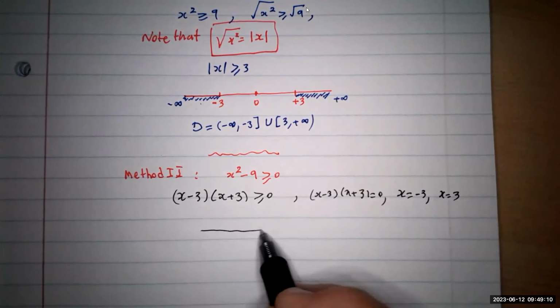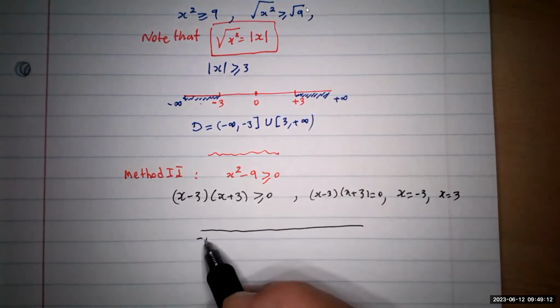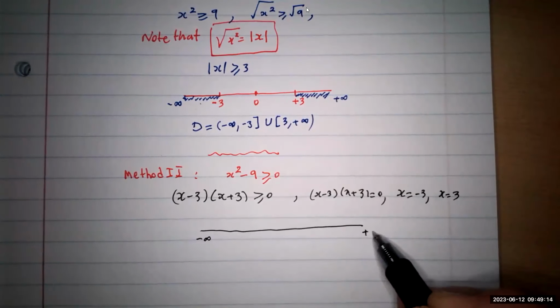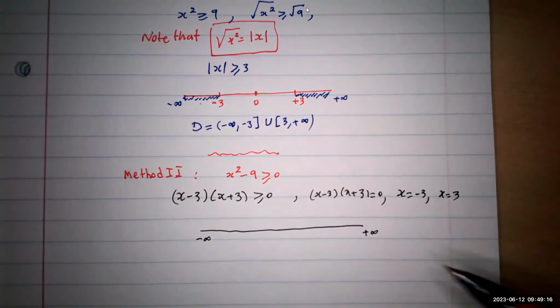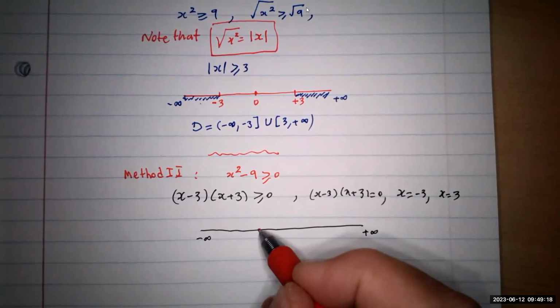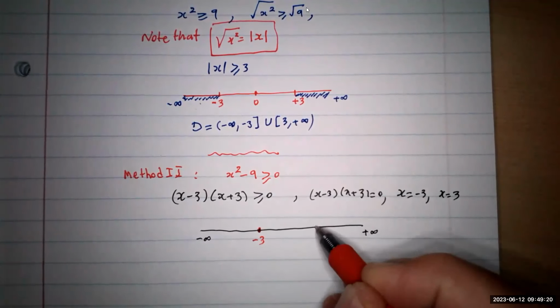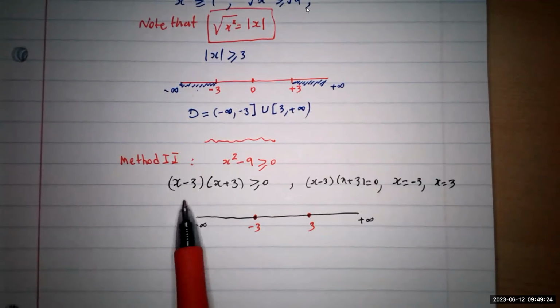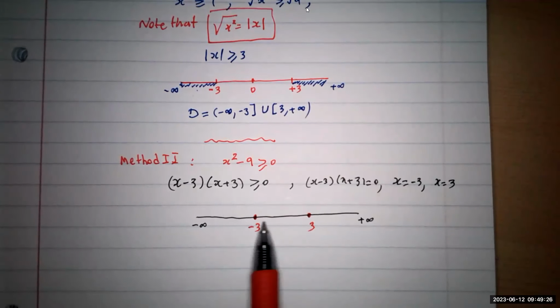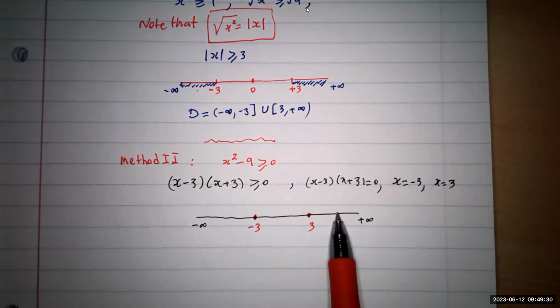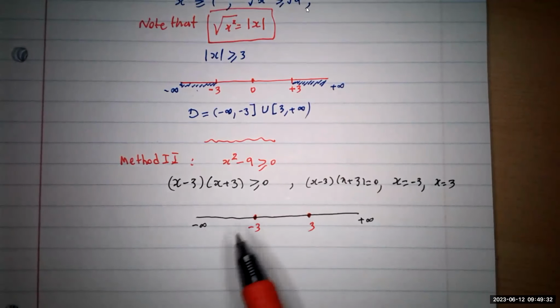Then in algebra, you get the number line, negative infinity to positive infinity. You put these numbers, this is negative 3, and this is positive 3. Then you have to check some numbers to find the sign of these regions. For example, you pick something like negative 4 here,